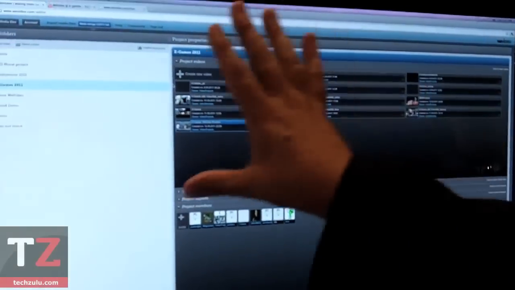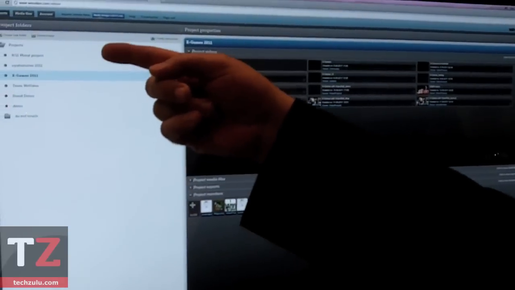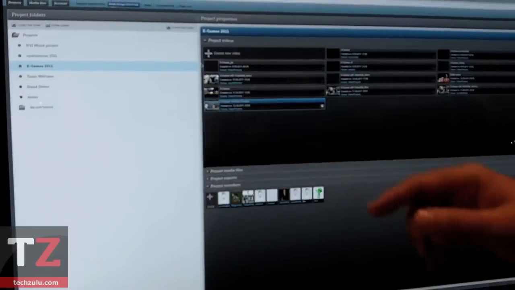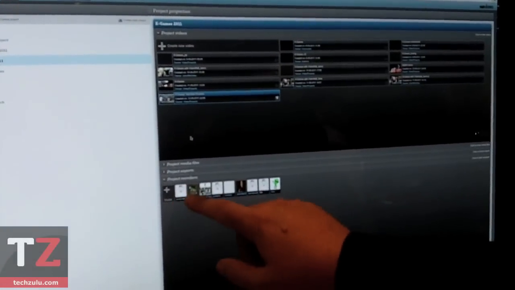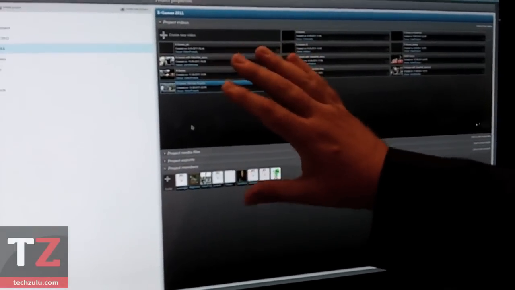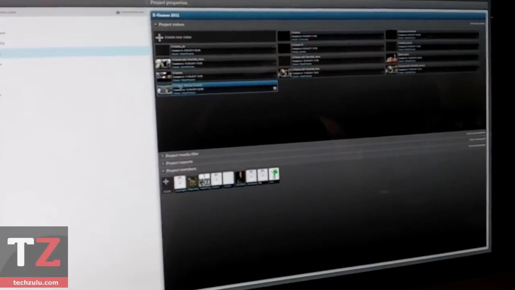So as you can see here, you see the dashboard. When you are logging into the system, you can see the projects that you are working on. These can be projects that you have set up or that your friends or colleagues have invited you into. So for instance, here you can see in this project we have 6-7 people that are collaborating on a project where it was a road trip to X Games. So if I want to see one of the edits that one of the guys were doing,